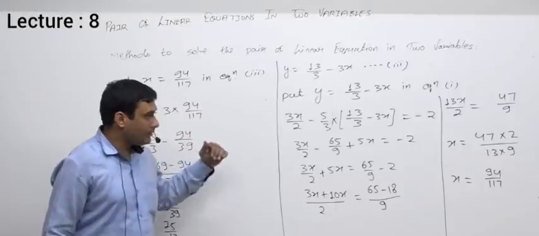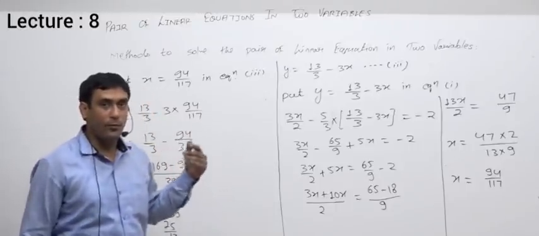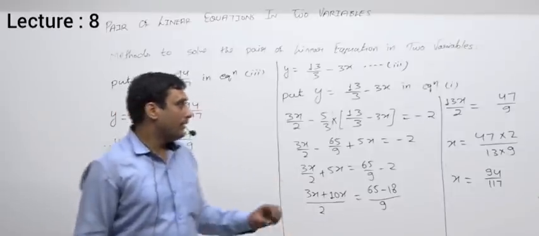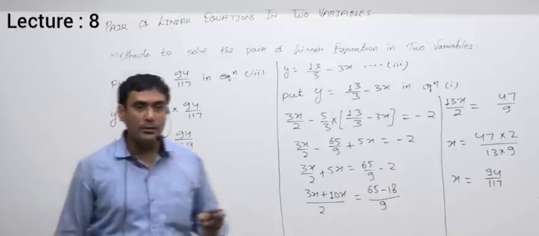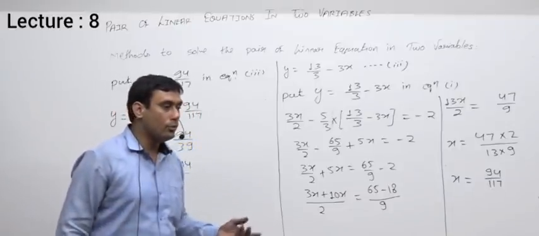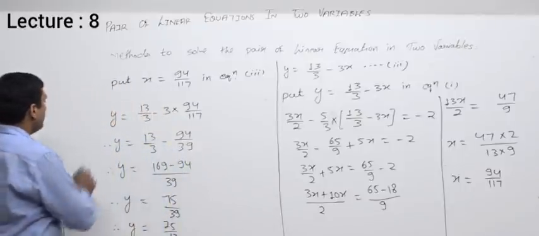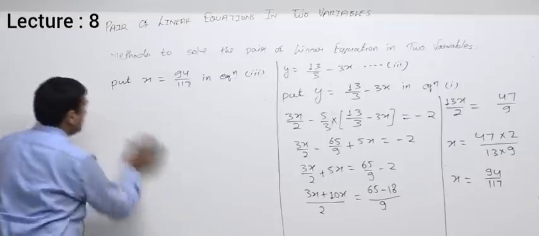Then next we saw one in which the coefficient of x and y was a rational number, that is in the form of p by q. Now we'll see one in which the coefficient of variables is root 2, root 3, root 7, in that way. So we'll see one more.